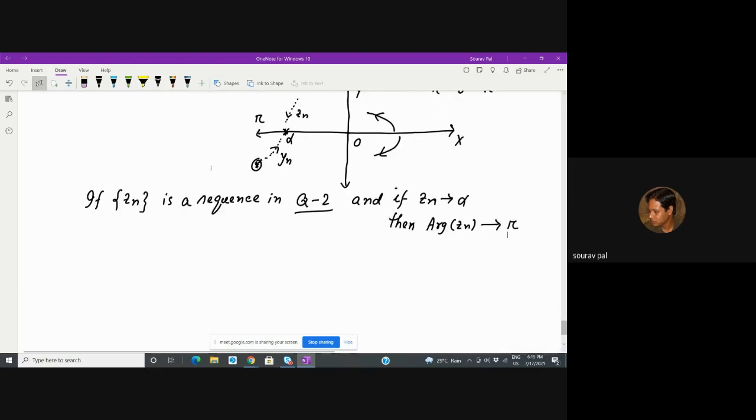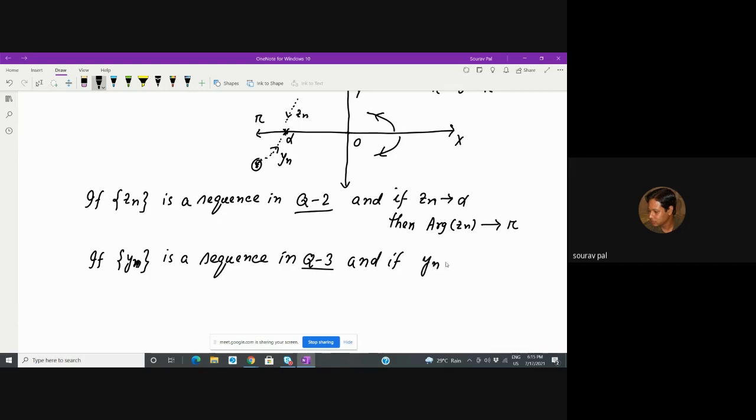And what happens if Yn is a sequence in Q3, and if Yn converges to alpha, then it's clear that the argument of Yn must converge to minus pi. Okay, so we can see that if you choose any point on the negative half of the real line,